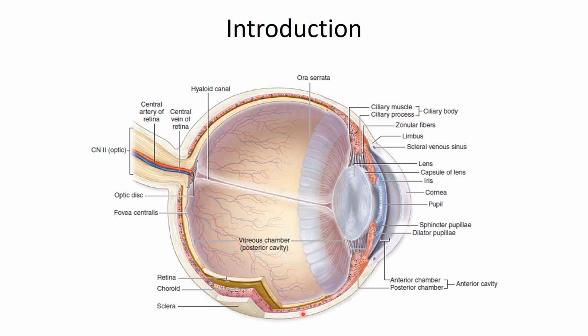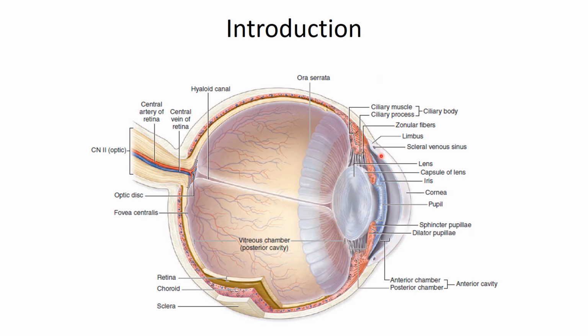The outermost layer is the sclera. The sclera is a tough layer which provides the contour to the eyeball. This rounded contour is provided because of the sclera, and it gives attachment to the extraocular muscles. And anteriorly, the anterior 1/6 of the sclera is transparent,